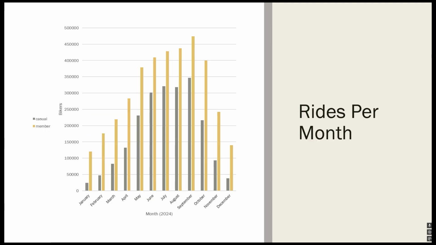So now we have the rides per month. If we take a look at the bigger picture, we can see that proportionally, when we look at casuals versus annual members separately, they are very similar. This puts a great emphasis on weather conditions. It looks like when the seasons start getting colder, there is much less usage of the bike service compared to the warmer months. For instance, in the month of October, we can see a very consistent drop, not only within the casual members, but also the annual members.